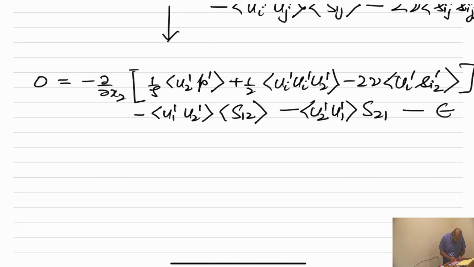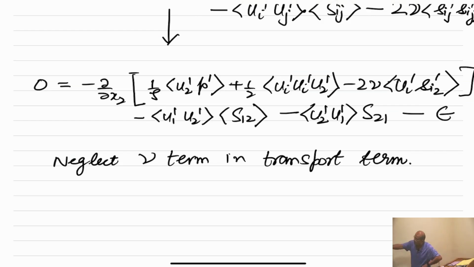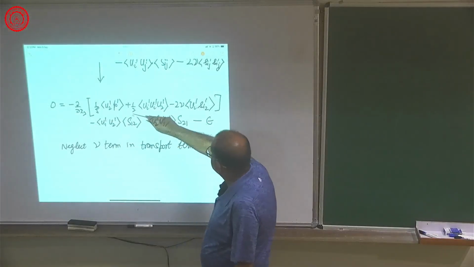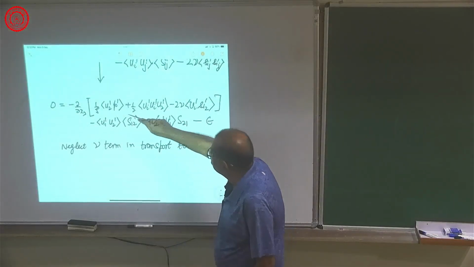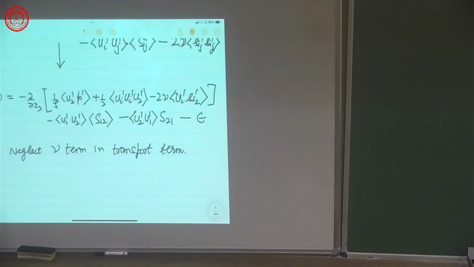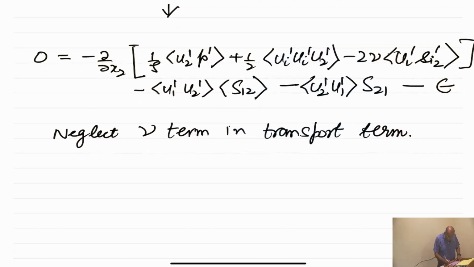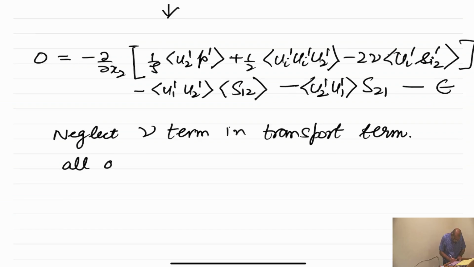So here what we do is we neglect the nu term. The transport term has 3 terms. Transport is always part of the derivative term. So here there are 3 terms. This term is neglected because its order is less than these. And this we have discussed earlier. So we neglect the nu term in the transport term, and all other terms